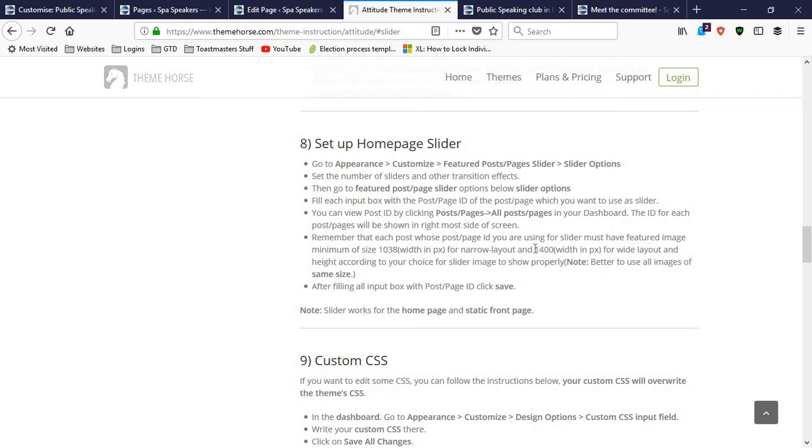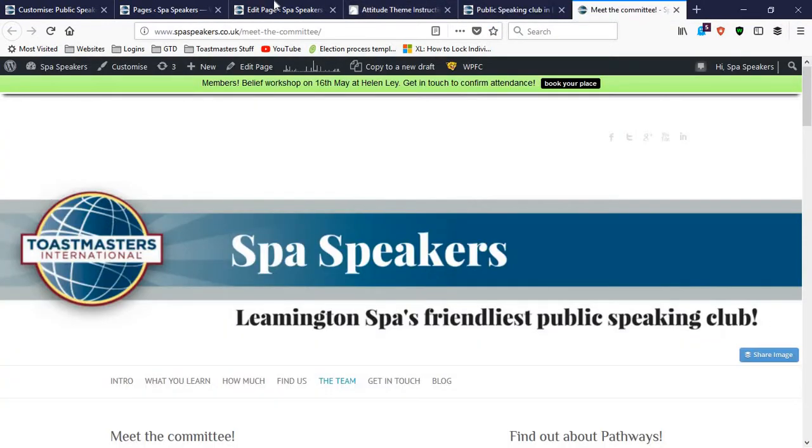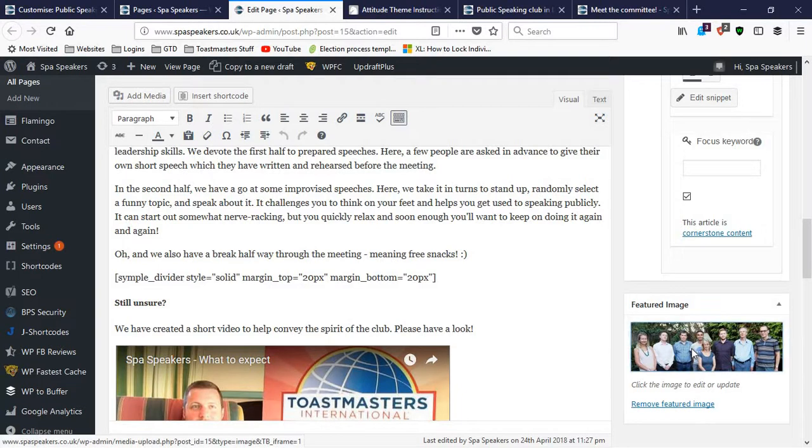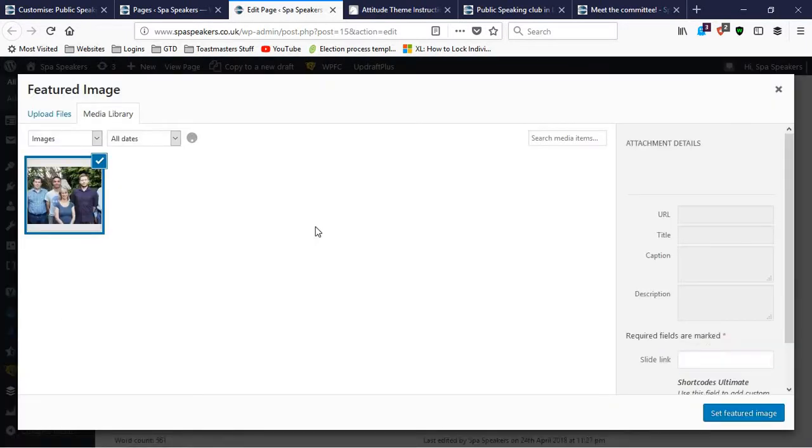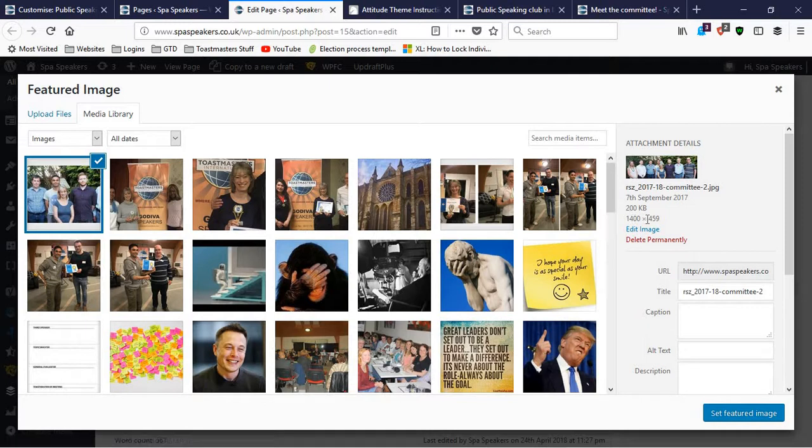So the width in pixels of the image that you choose should be 1400. The height of the image, this is a really important point, is 460, if I recall correctly. Now let me just double check that. So I've just clicked the image and you can see 1400 by 459. So for whatever reason, one pixel was missed off this one, but the dimensions of this slider image should be 1400 by 460. Okay, so when you've taken your picture, crop it to the dimensions of 1400 by 460, upload